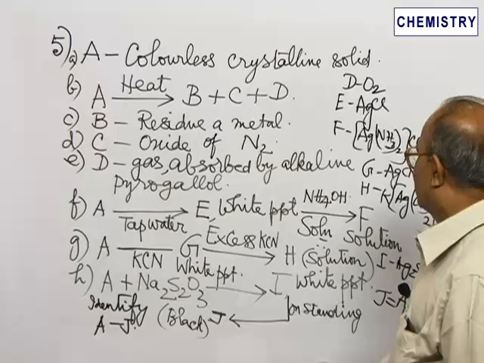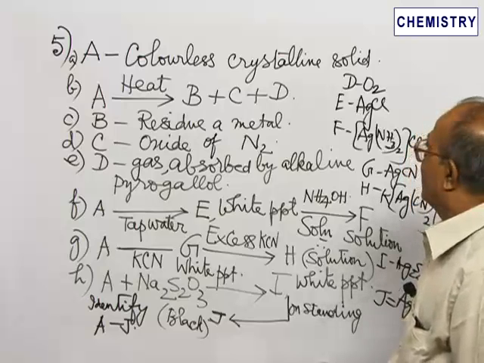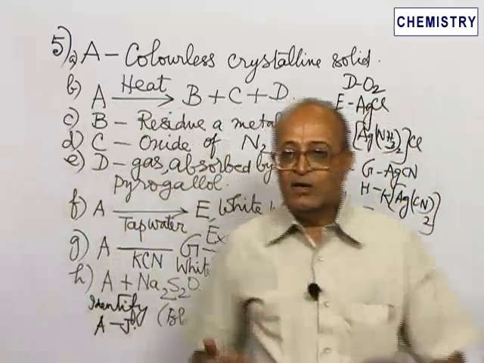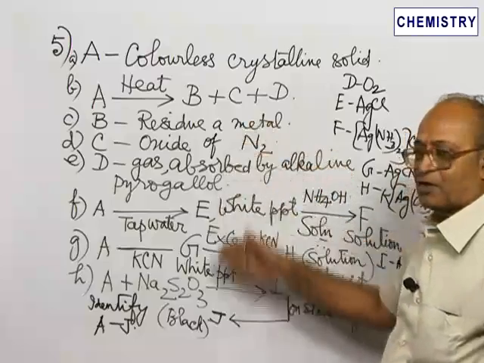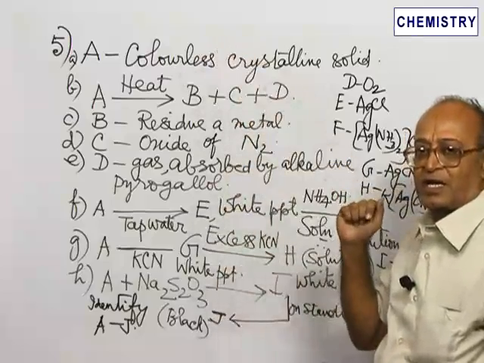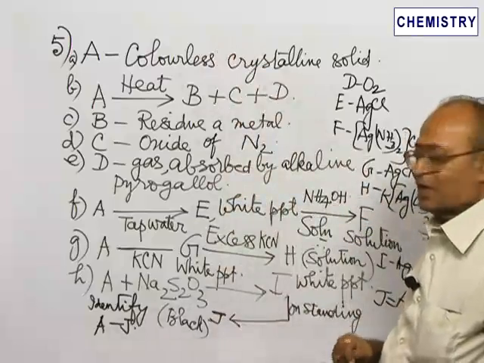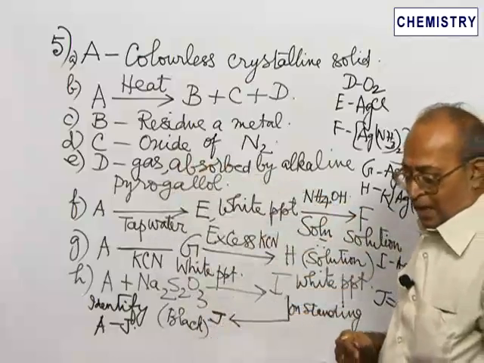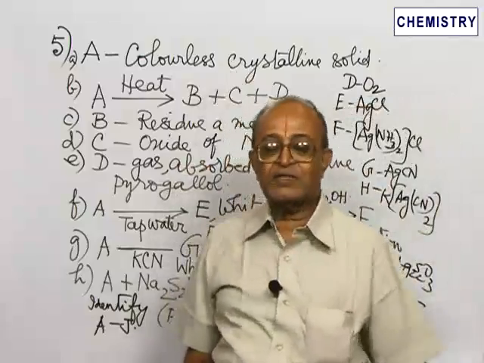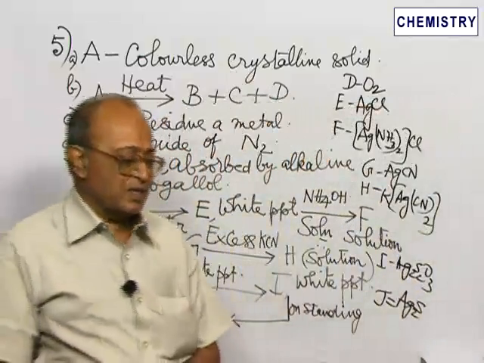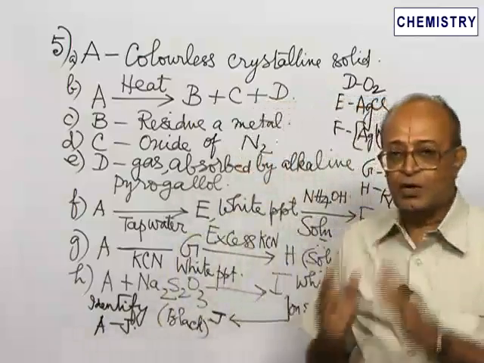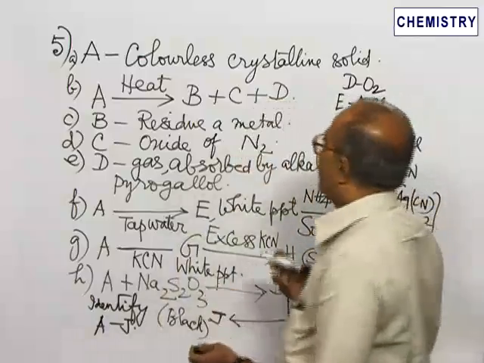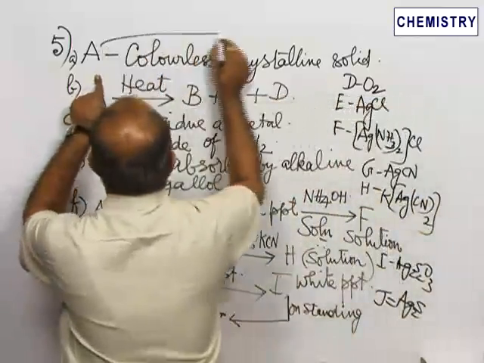Now, of course, they have identified some of the compounds D, E, F, G, H, I, J. But what about A, B, C? A is colorless. From all these reactions, we come to the conclusion that the original salt A is a silver salt, because all these reactions illustrate this point. And a colorless crystalline solid which normally we use for reactions is silver nitrate. A is silver nitrate,